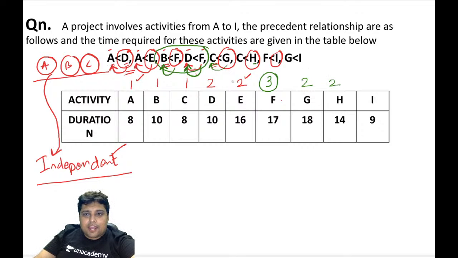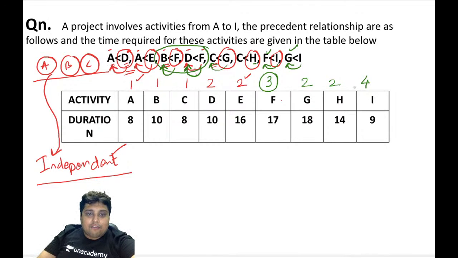Let's move on to I. I has 2 activities before it, F and G. Let's see this very specifically. G is second, so I would be 3, but it is after F also. F is 3, so my friends, it will be 4. Because I should be after F and after G, and after both of them means 4th rank.